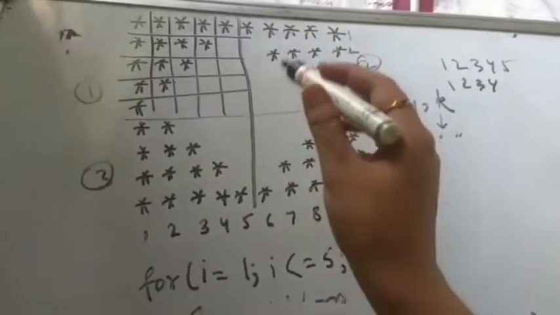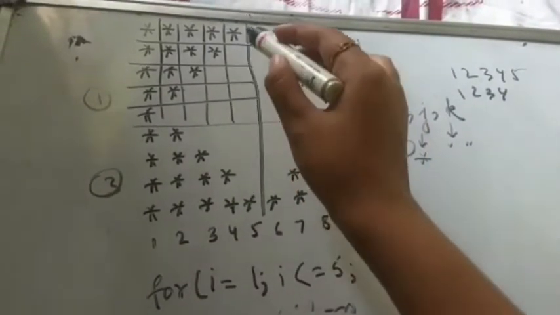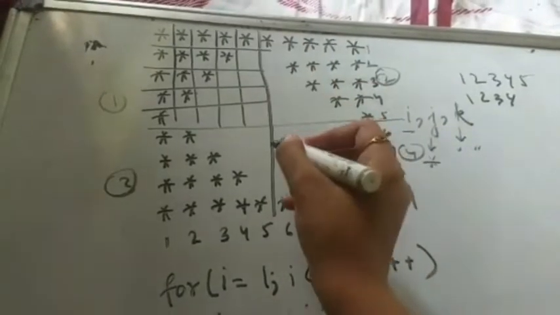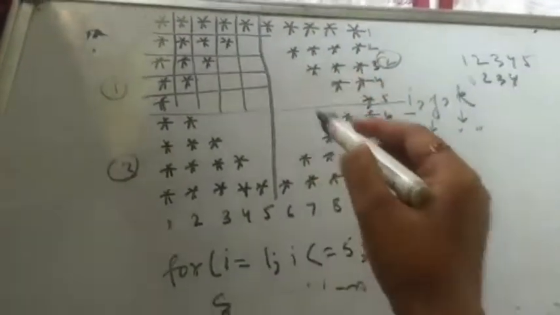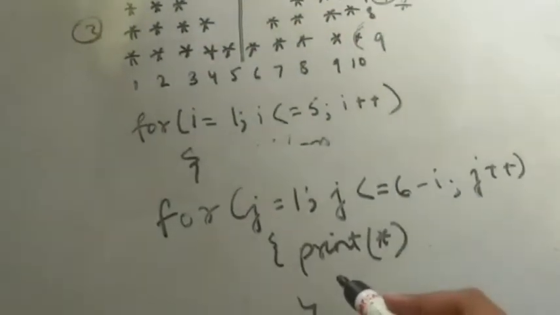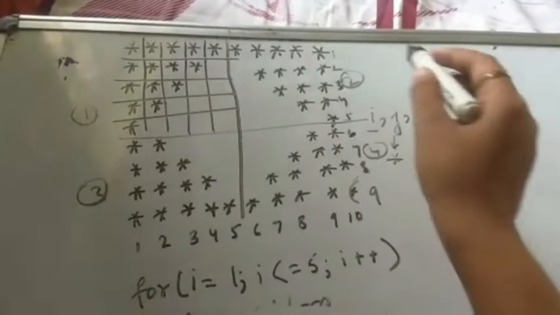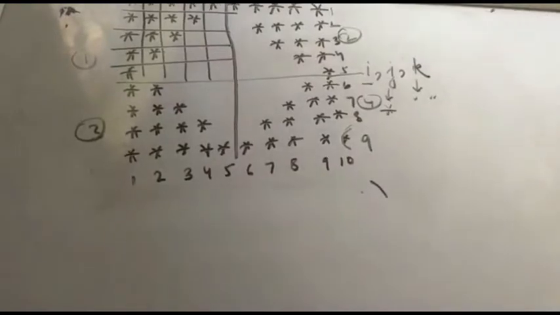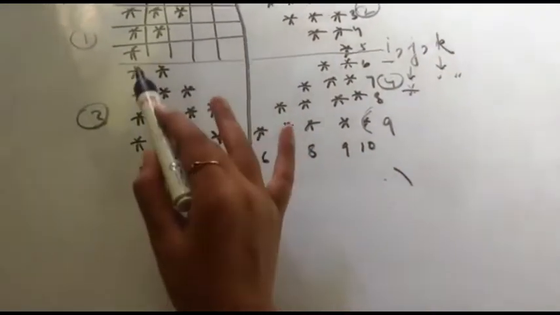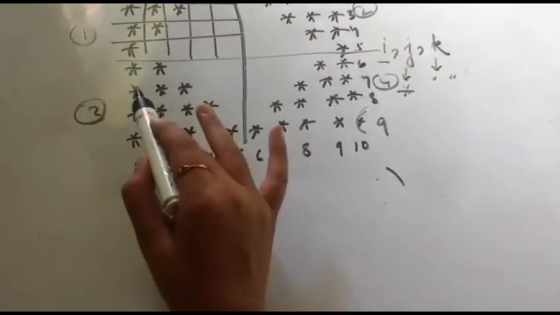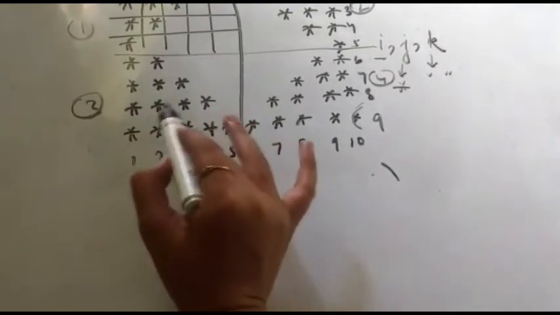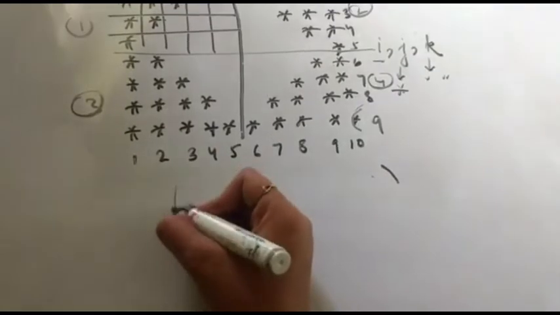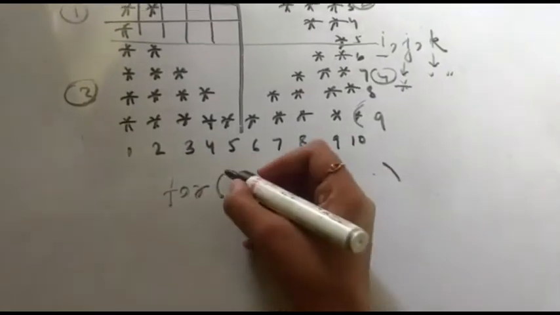Now here we do not need to print spaces because this automatically creates voids after here, and therefore we only require this J loop, which is going to print the third part of the pattern. Now as we can see, we have 2 stars in the first row, 3 in the second, 4 stars in the third row, and 5 in the 4th row. Therefore our I loop will run from 2 to 5.